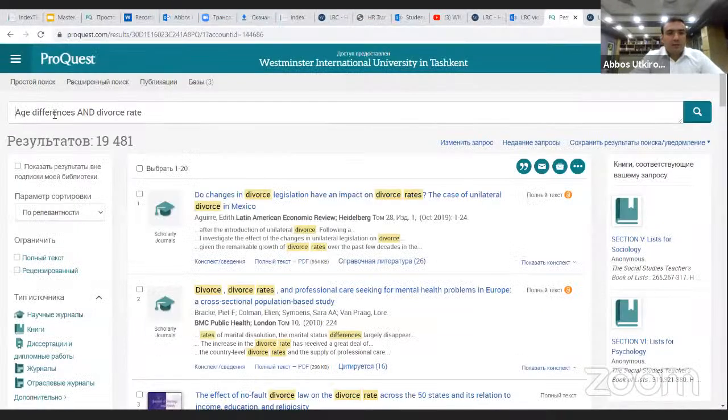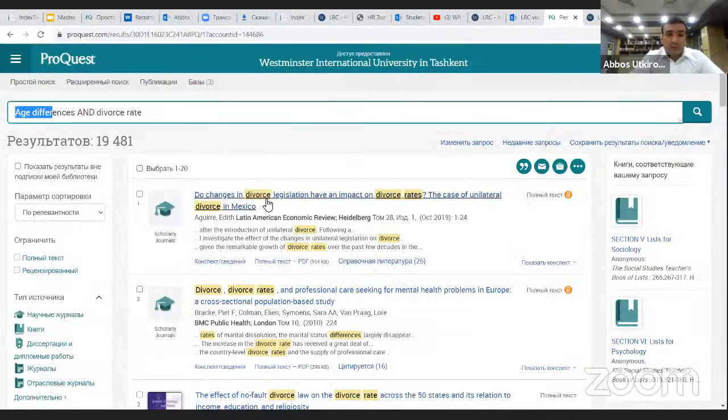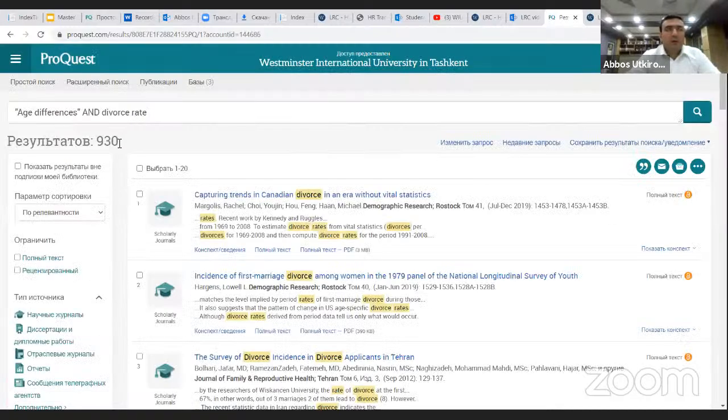So age difference, it found the age. The first contains not only the word. So let's do it like this. If I put the quotation here, what will happen? Okay. So now it found 930 results. If you see that